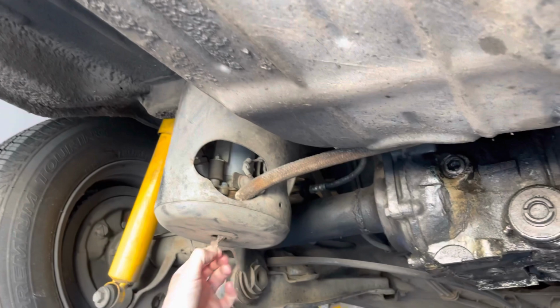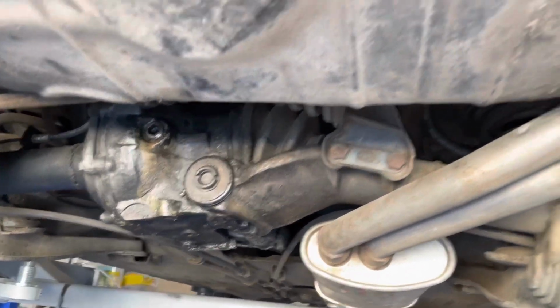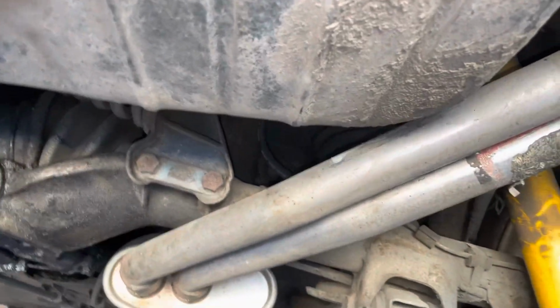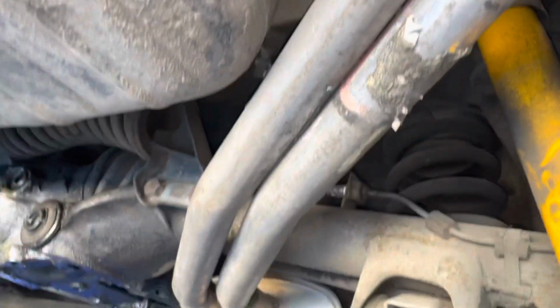I think this thing was parked somewhere for a long time because there's leaves everywhere. Is there a trash can in there? Yeah, right there by the fan. Okay, thanks. So this exhaust,